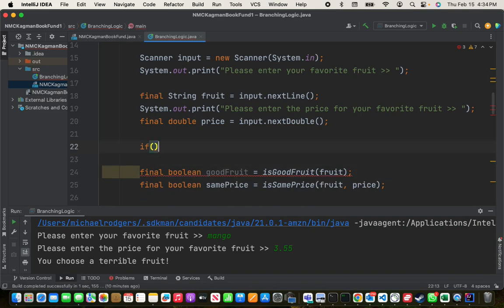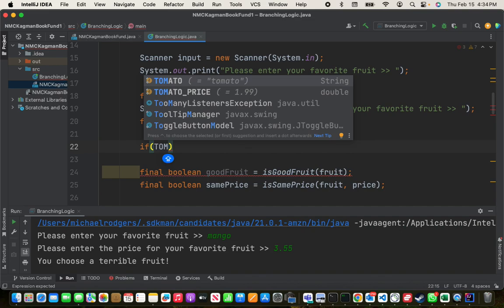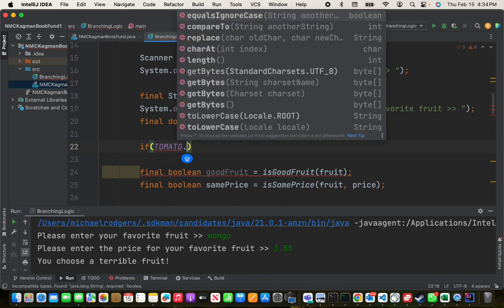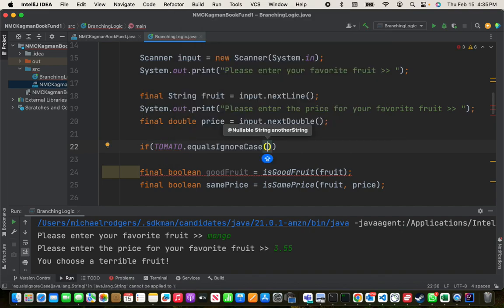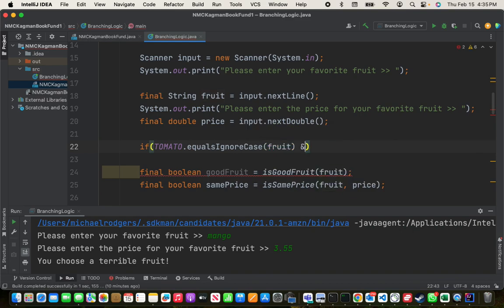But if I'm checking for the tomato, I don't want to put it at the end. I want to put it at the front of the condition. So if tomato equals compared to fruit and,